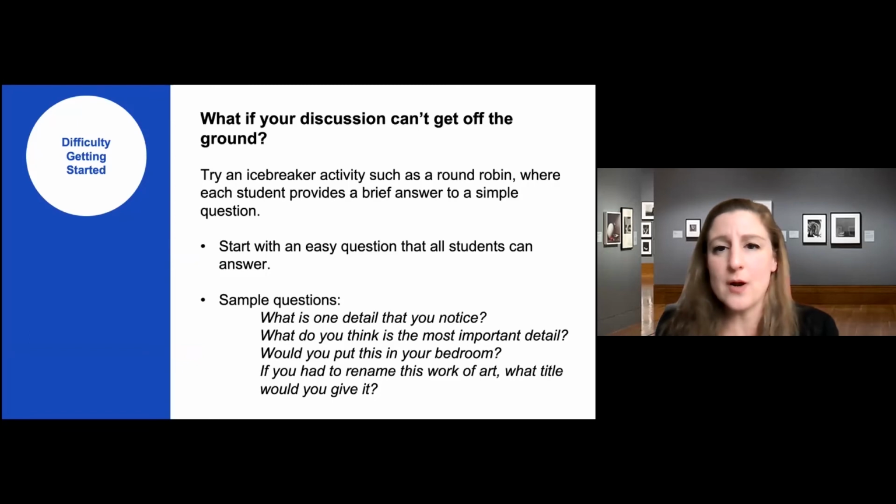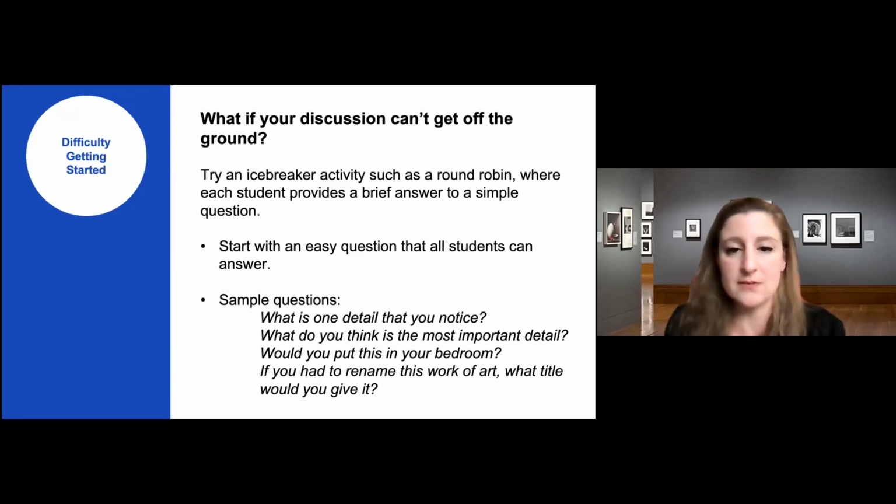And you can use approaches like a round robin, using a question that's very easy to answer or that will be easy for your students. So these sample questions may not all be easy for your particular students, but come up with a question that would be easy for them. And then give everybody a chance to just provide a brief answer, and not to provide an explanation. This is not where supporting evidence comes in, but to just simply say something to kind of get the ball